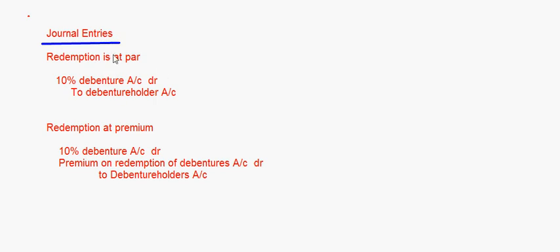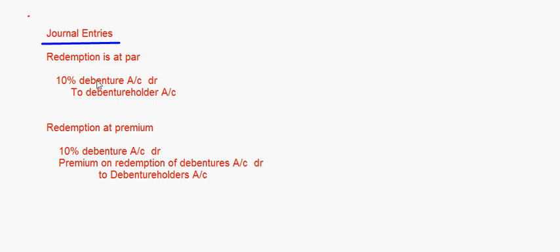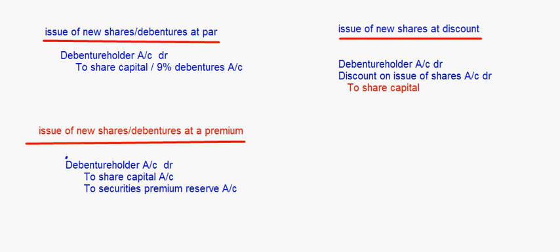This redemption being at par and premium, this will be a general entry, not concerned with the issue of shares here. So these two entries will come when the debentures are due for redemption, that is due for conversion or whatever. And here these are the journal entries when the issue of shares is done,